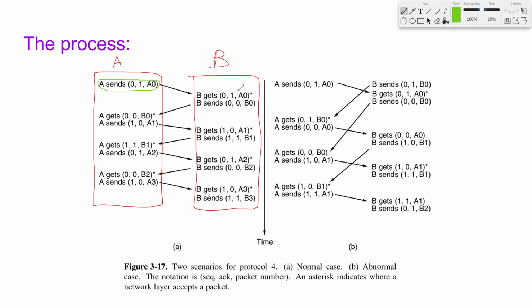And so B receives this. And so what B is going to do with this once it receives the frame is that it's going to take the sequence bit and put it into the next frame as the acknowledgement bit. And so it'll send this back to A, which is what A was expecting to receive. And once A receives this, A is going to flip this bit, the sequence bit. It's going to flip it, and it's going to take the acknowledgement bit just like B did and put it